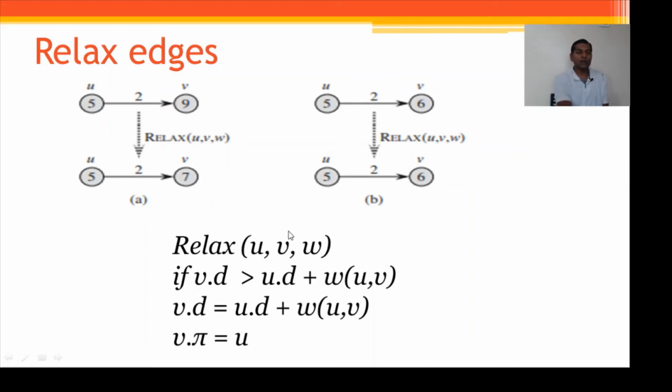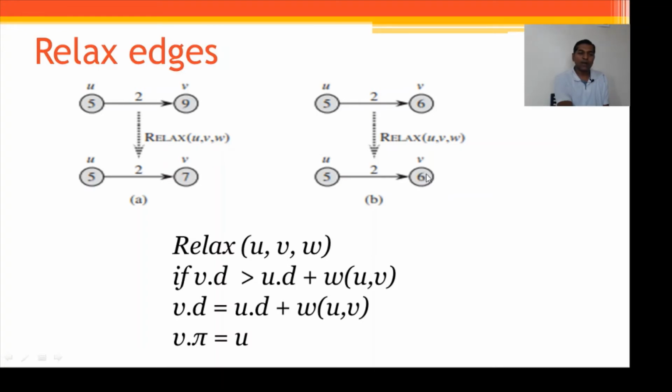One more example has been provided here, where u is 5 and v is 6. Going from u to v, we need a weight of 2 for this particular edge. If we apply a relaxation method here, then u to v is 5 plus 2, which is 7, and 7 is more than 6. So v has been discovered from some other vertex, and the weight or cost is 6.